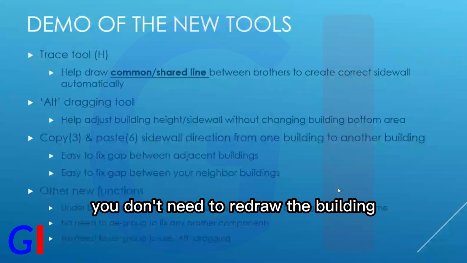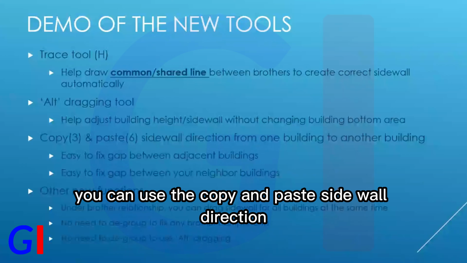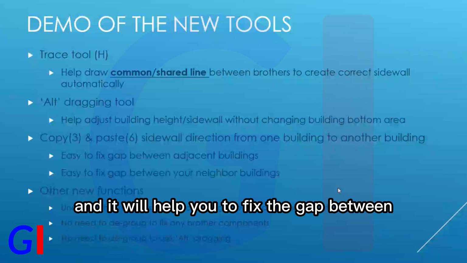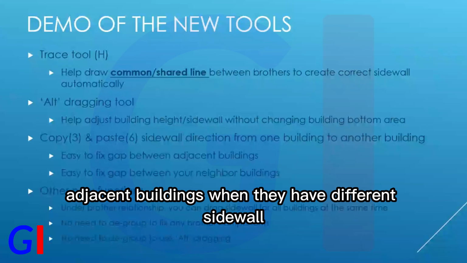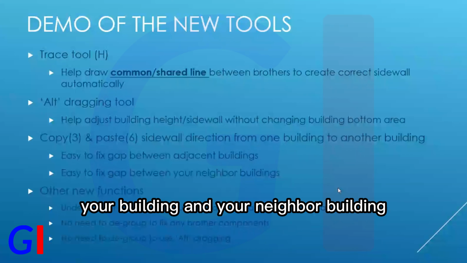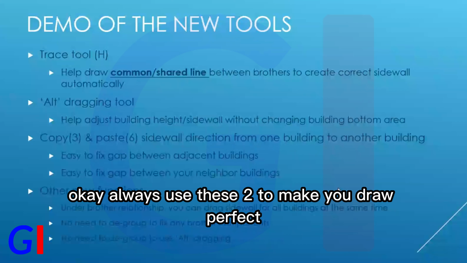You don't need to redraw the building, okay? And then the third function is you can copy and paste the sidewall direction from one building to another one. And it will help you to fix the gap between adjacent buildings when they have different sidewalls. And it will help you to fix the gap between your building and your neighbor building when they have different sidewalls. Okay, always use these two to draw perfect